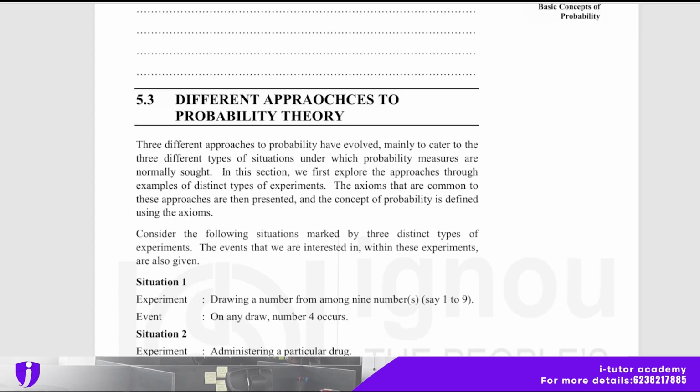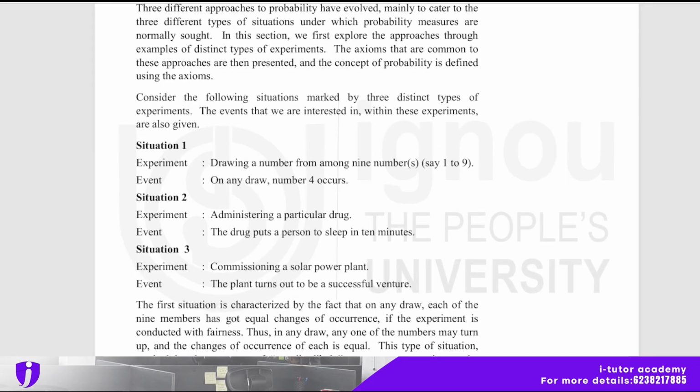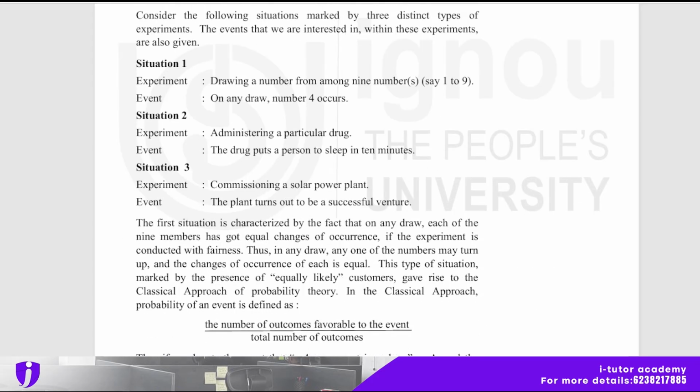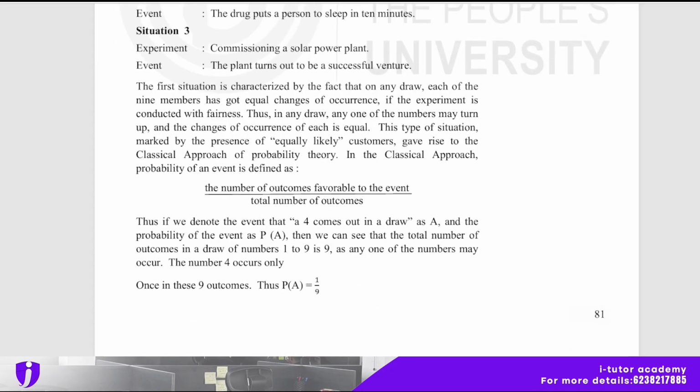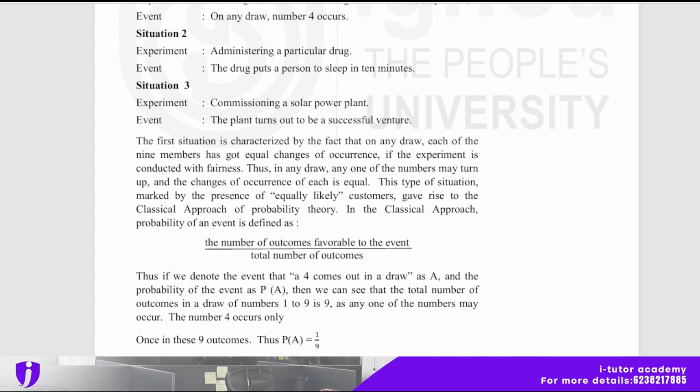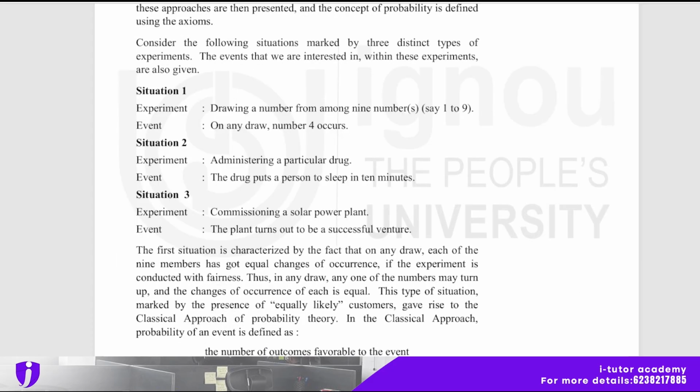Consider the following situations, and here it is based on the situations. So situation 1 is here, and situations 2 and 3 are here, and under this there is an experiment, and the event is also mentioned, and based on that we will find out the solution. The number of outcomes favorable to the event divided by the total number of outcomes is the probability. So that is about the different approaches to probability theory. And